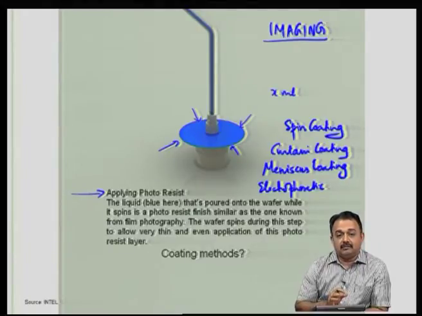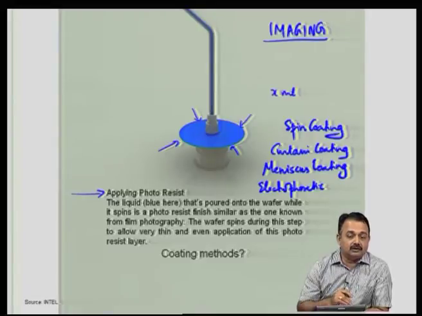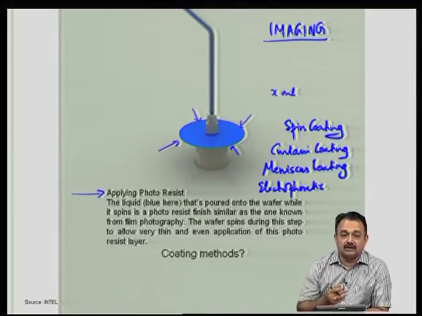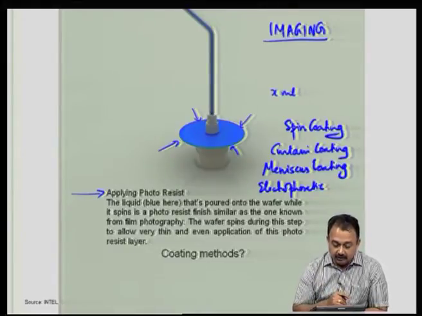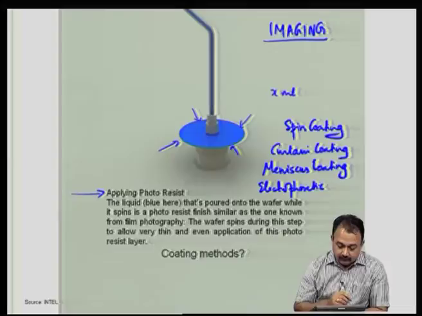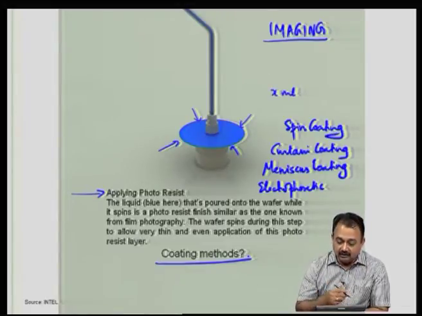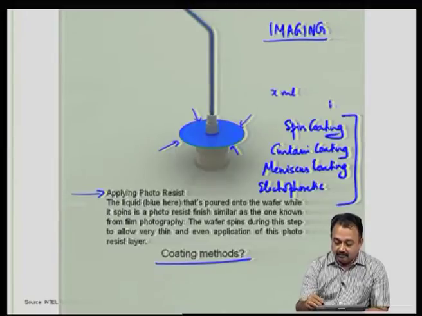Remember, this particular process has to be standardized to get very low thickness. You can't work with larger thicknesses of the photoresist because your line widths are very small, and you can't get a very high resolution and aspect ratio if your photoresist thickness is going to be large. Please remember this important issue when we talk about photoresist application. So, we have seen what the coating methods are. They can vary from industry to industry. They can also vary depending on the material that you are using, and these are typically for wet materials.